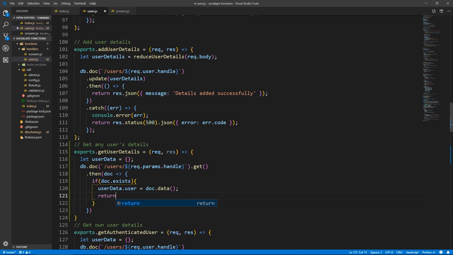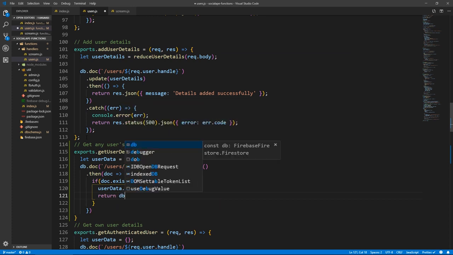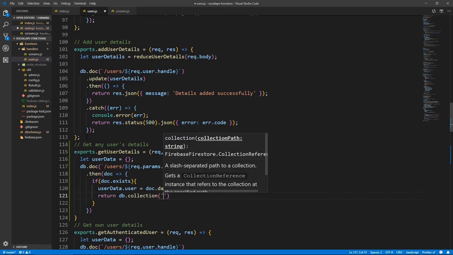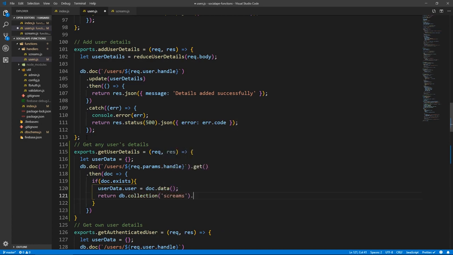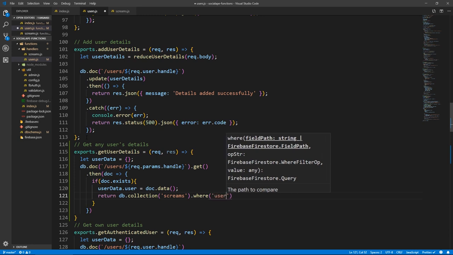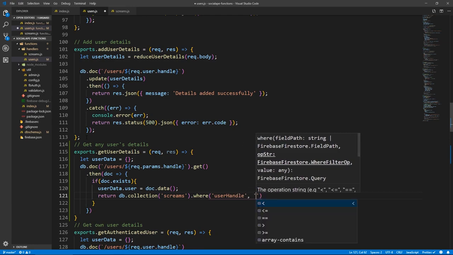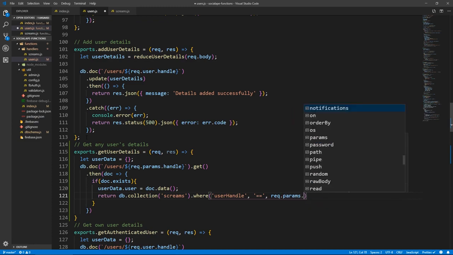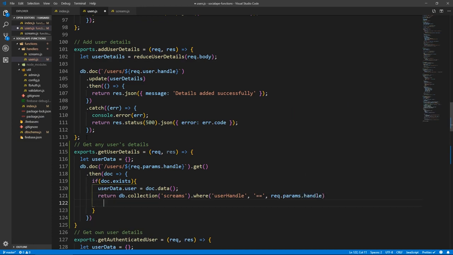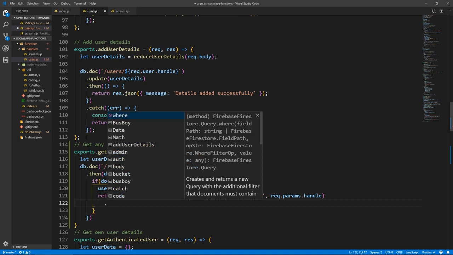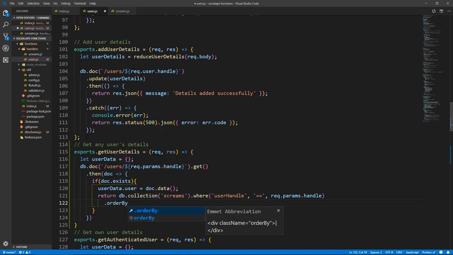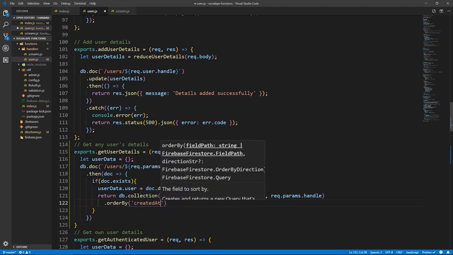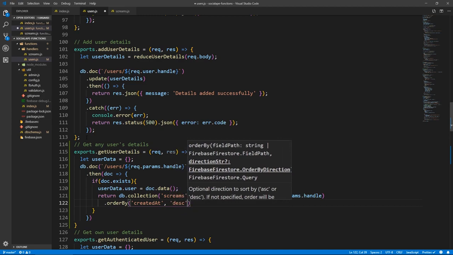Now we want to get their screens. Remember this is the users page, we need to see their screens, so return db.collection screens, where user, is it user handle, not id, user handle equals, so we have this in our request params, request.params.handle, and we need to sort these as well, so orderBy createdAt descending.